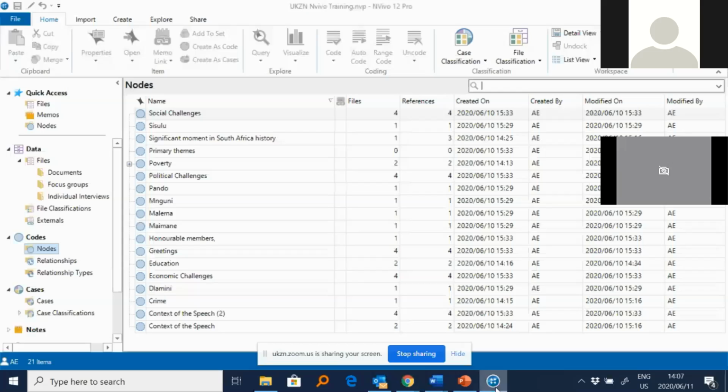Sorry about that. Yeah, so I was saying that the first day when I gave the PowerPoint presentation, I showed you a graphic that gives you an overview of how you could go about your project in NVIVO. And it tells you that the first thing is you bring your data into NVIVO and you begin to explore. So I'm going to show you the very basic way to explore the data that you've brought into NVIVO.